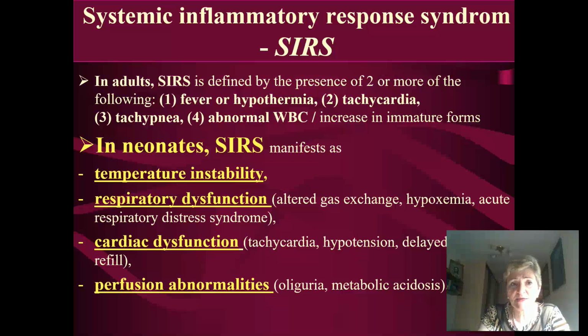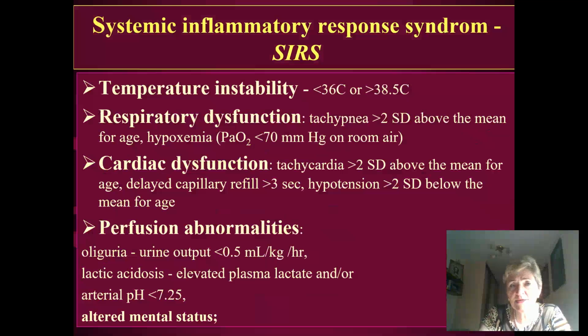What does SIRS mean in the neonatal period? In the neonatal period, systemic inflammatory response syndrome includes temperature instability, respiratory dysfunction, cardiac dysfunction, perfusion abnormalities. Now we detail what systemic inflammatory response syndrome means in the neonatal period. Temperature instability: when you find in a newborn a temperature less than 36 or more than 38.5. Respiratory dysfunction: when you find tachypnea in a newborn,